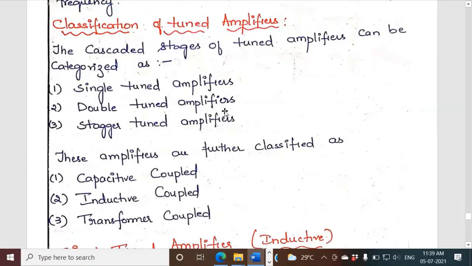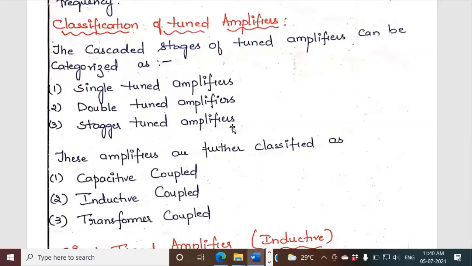Both tuned circuits have a single resonant frequency, whereas in a stagger tuned circuit, also